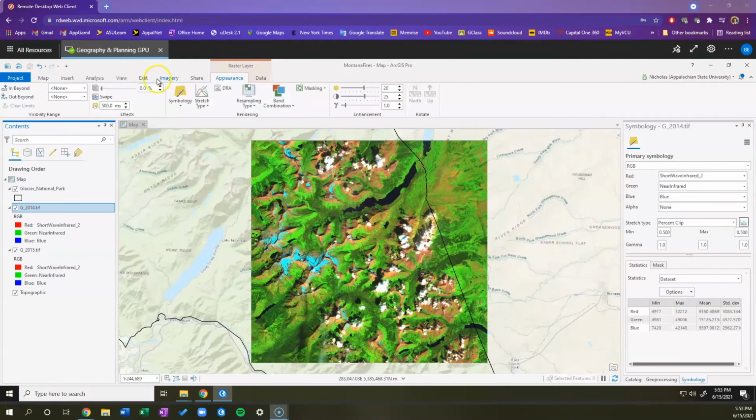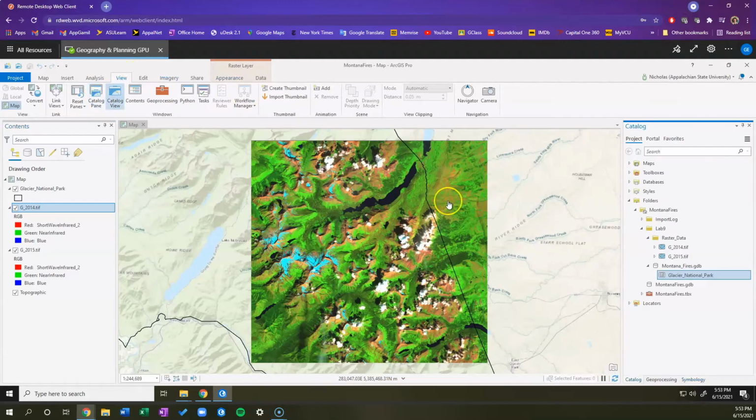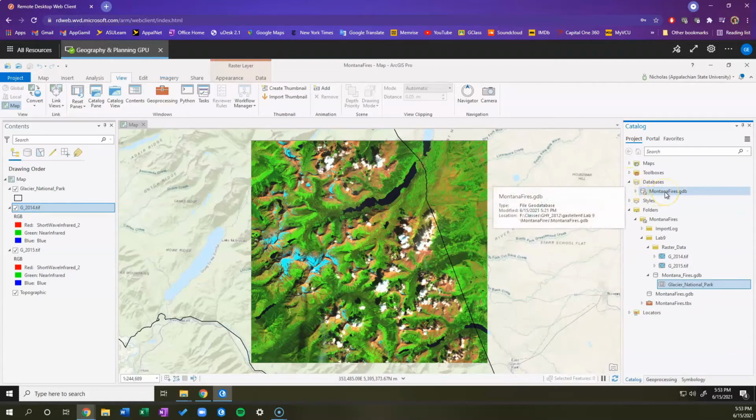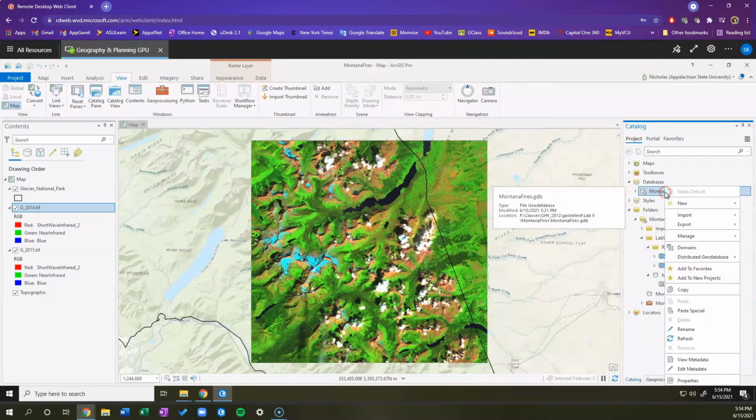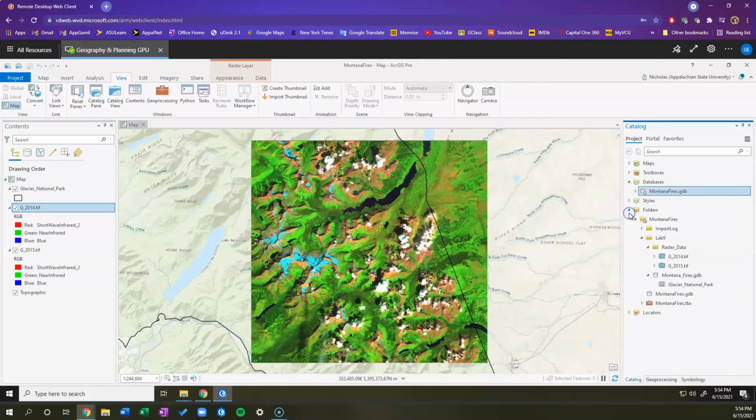From here, we want to digitize the fires. So to do that, we're going to come up to view and catalog pane. And then over in the databases section, you want to click to expand this, and you'll see Montana Fires GDB geodatabase. So we're going to right click that and then come down to new and then feature class. And it might take a second for the